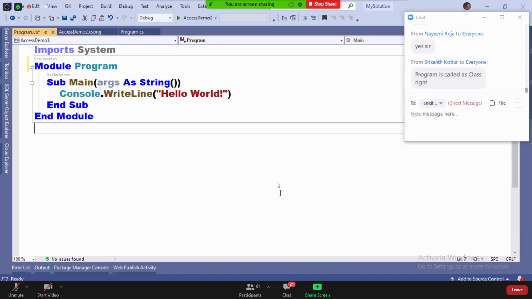Point number three. There are no curly braces representing a block. Then how? Every block will have a matching end statement. Suppose you write a class, there will be End Class.